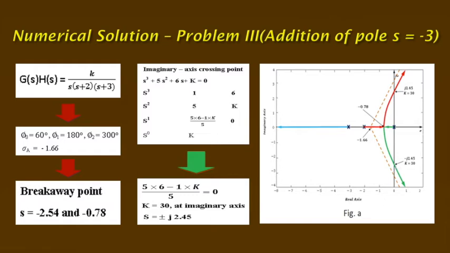It is seen that the root locus has shifted to the right hand side of the S-plane. That means the stability of the system gets restricted. If k equal to 30, then the system is marginally stable. That means if k is less than 30, then the system is stable. Otherwise, greater than 30, the system is always unstable. That means addition of poles degrades the relative stability and drives the system unstable.